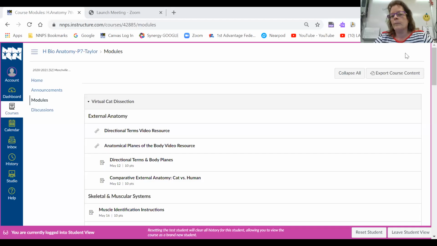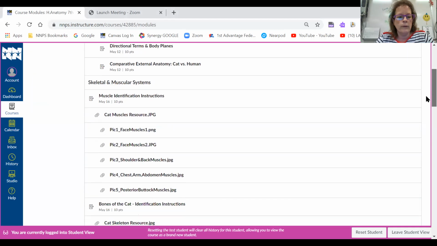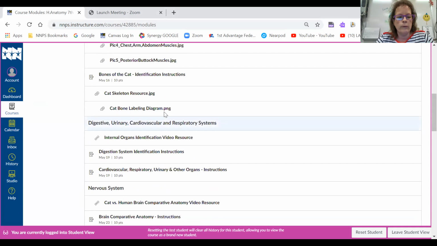Hello, everyone. I am going to go over what you need to do for our virtual cat dissection. When you go into modules, you should see the virtual cat dissection at the very top now. You will see that it is broken up into external anatomy, and then you have skeletal and muscular systems. Scroll down a little bit, you get to digestive, urinary, cardio, and respiratory systems, and the last one is nervous